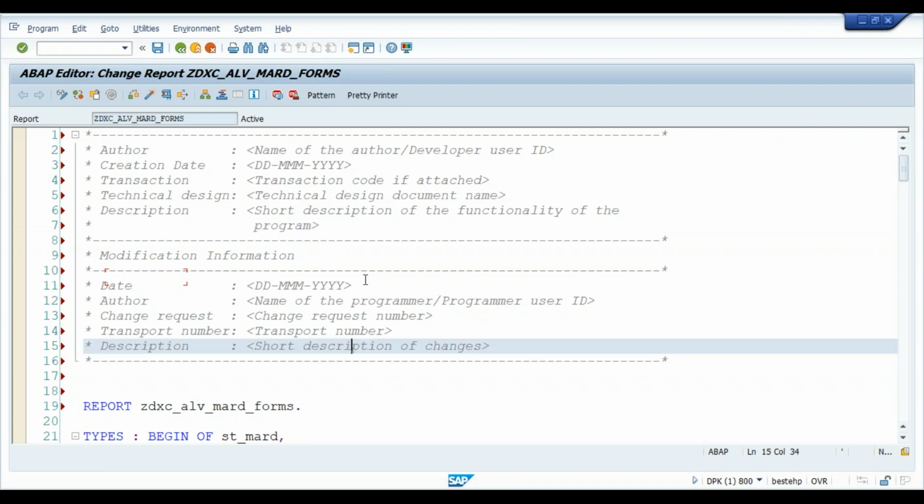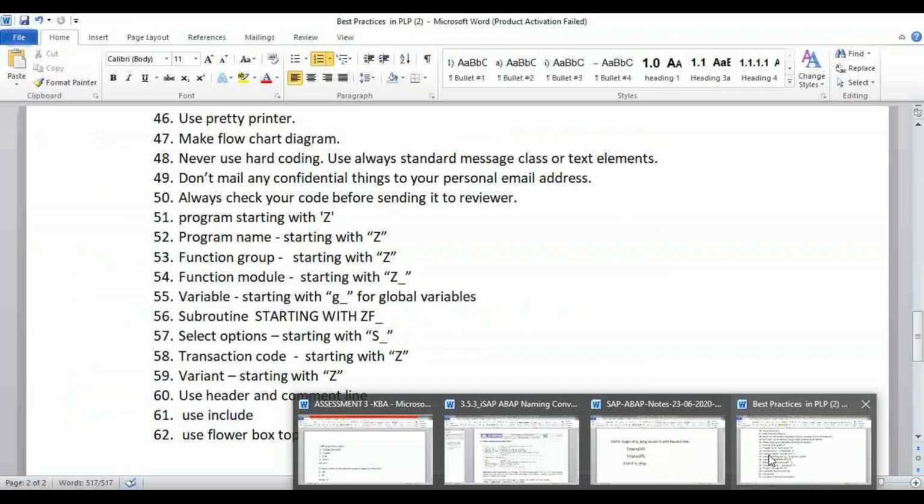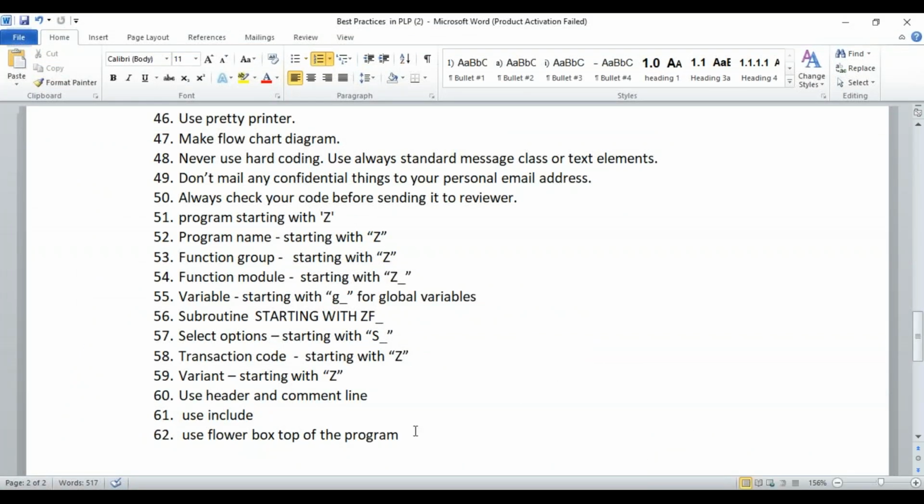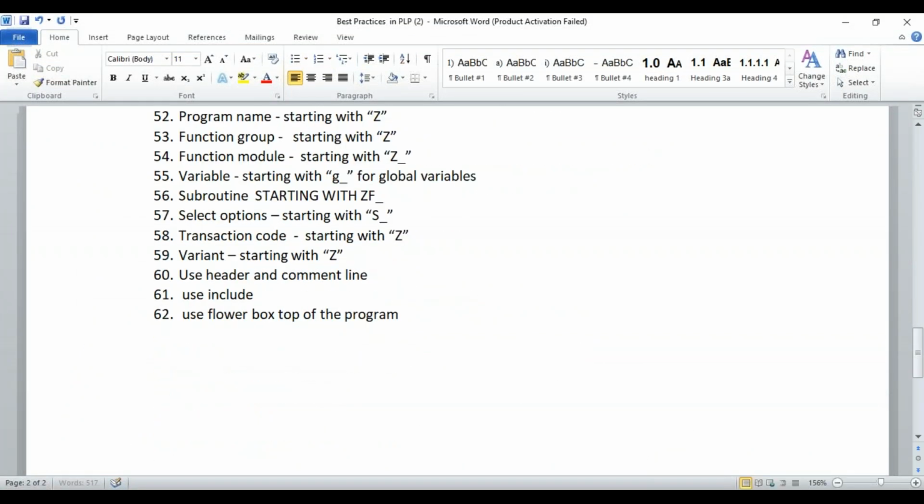In some companies they'll have 10 to 20 lines of information at the top. It depends on the project and the client. You have to follow all these instructions carefully and perfectly. These are the coding standards that we have to follow, guys. And never ever write this